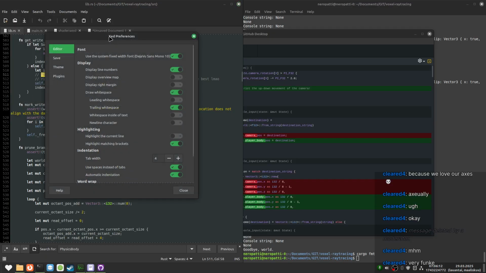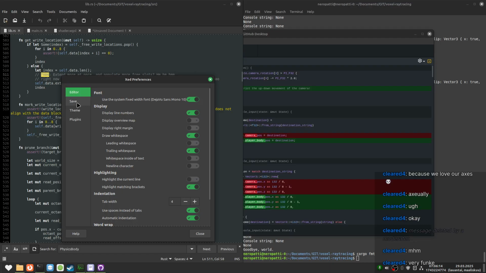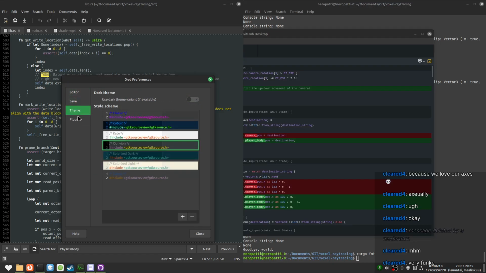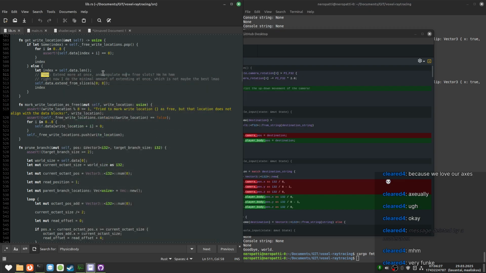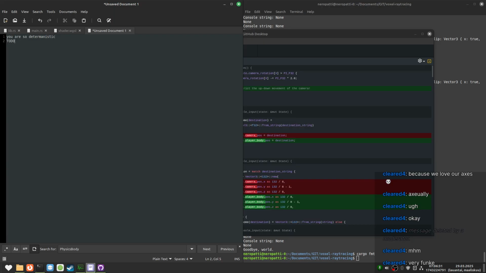How could I do that? Is there any way to do that? Is this like a theme thing? Oh. This is probably the highlight thing. If I'm just in a file and I write to-do, it doesn't do anything, right? Or fix me.